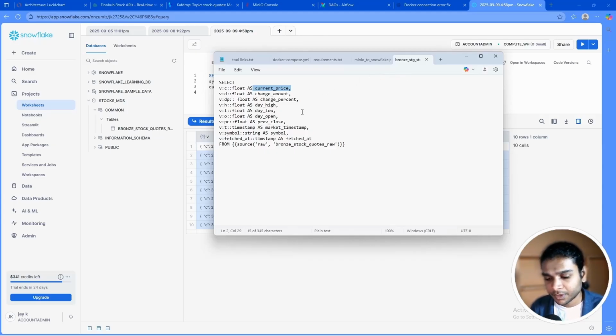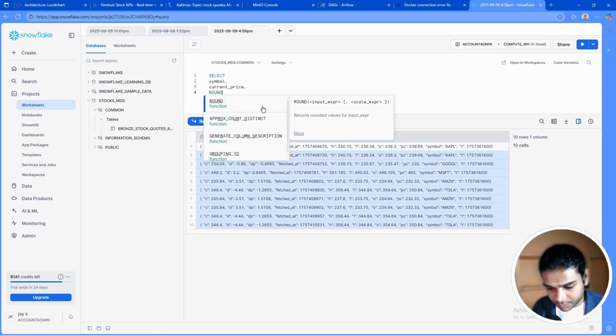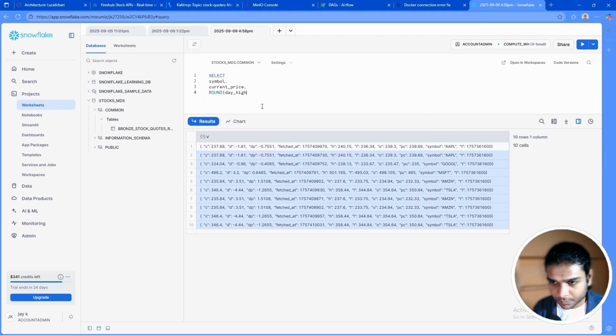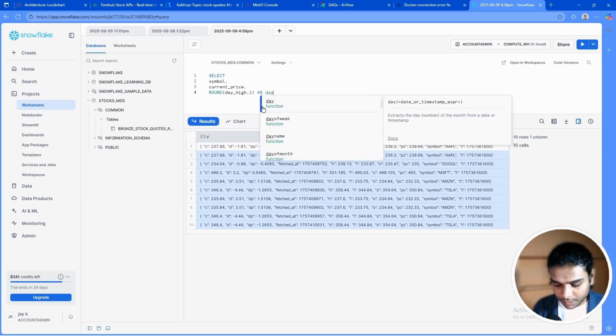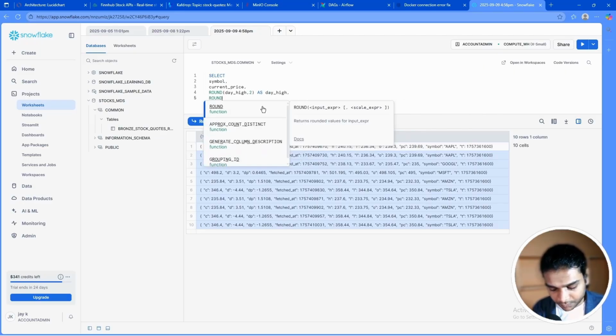We can do change amount. Yeah, let's do that. Let's go with the day high now. Let's round it up with day high, comma, 2 decimal points as day high, and round off